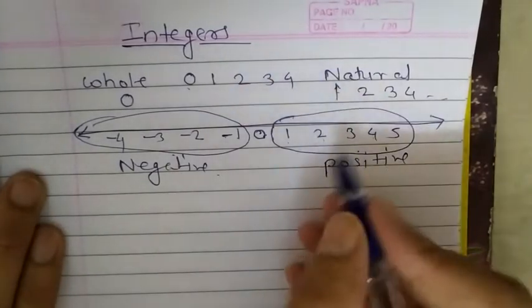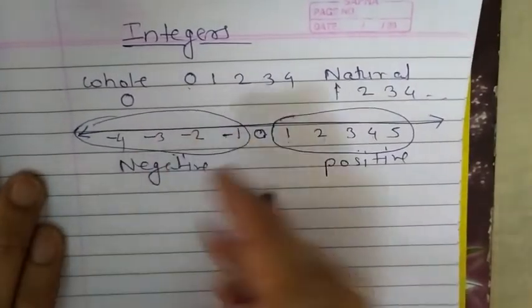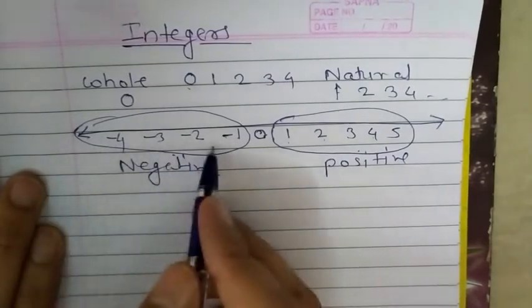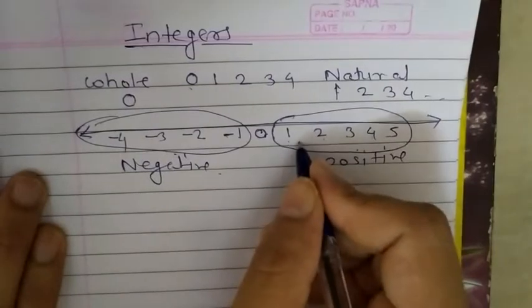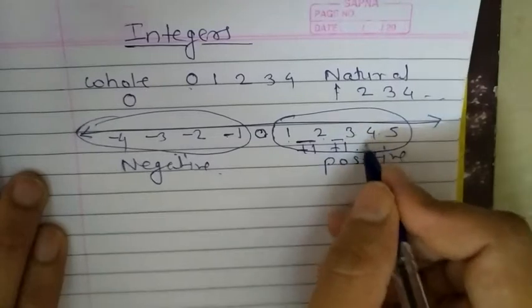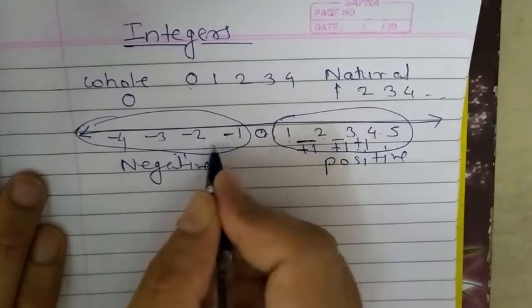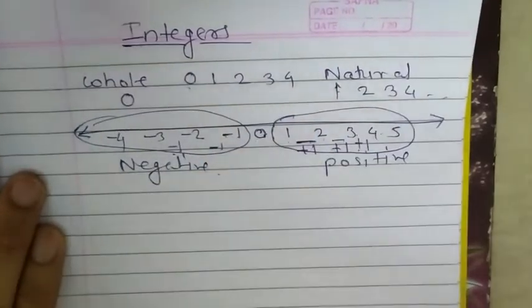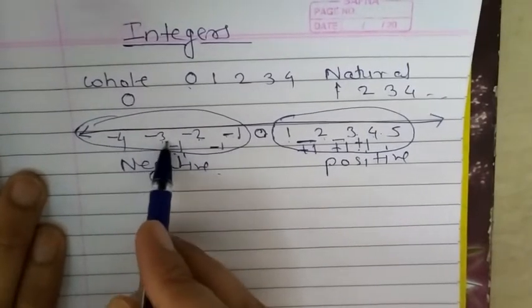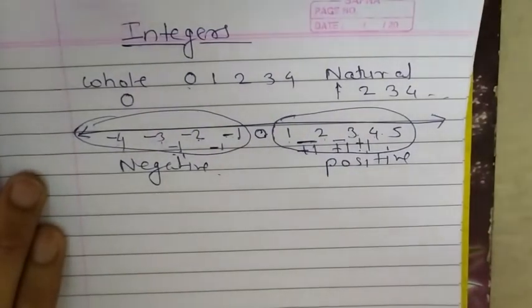These are the integers. And here on this right hand side are all the positive numbers, and toward the left hand side we have all negative numbers. If you see the difference, there is a +1 difference, because after 2 there is a 3, after 3 there is 4, so only a +1 difference is there. And if you observe the negative numbers, there is a -1 difference, because -1, -1 gives -2, -1 more gives -3, -1 more gives -4, so a -1 difference is there. So that is the integer.